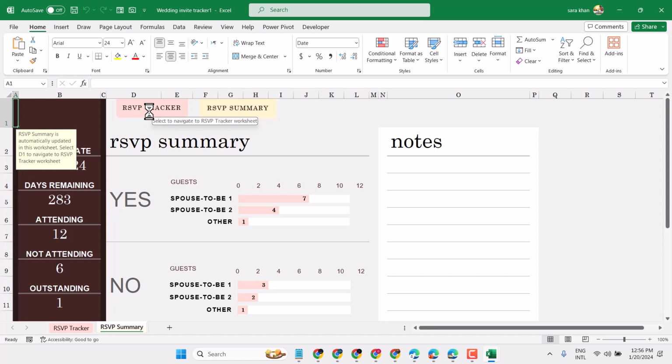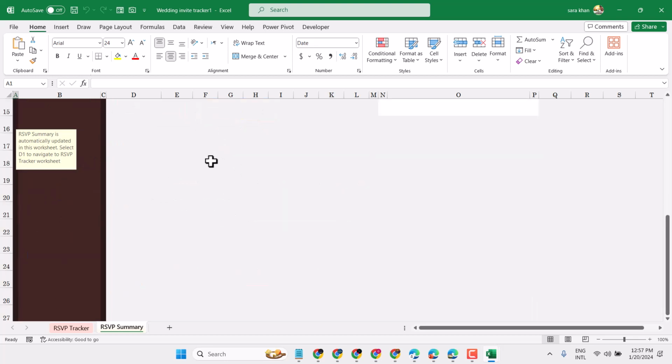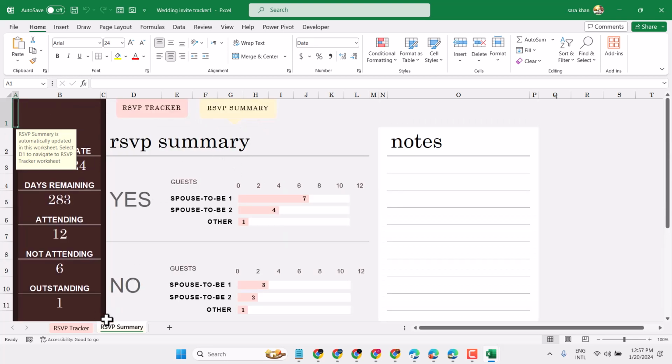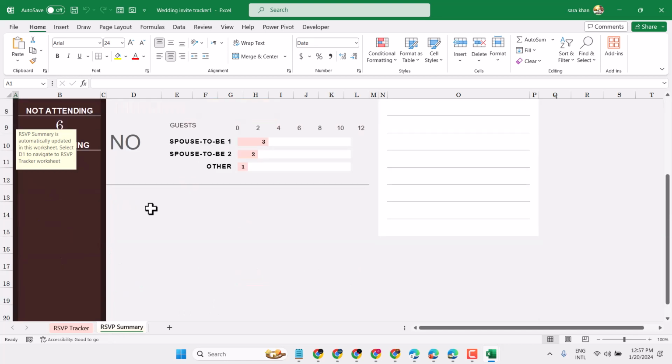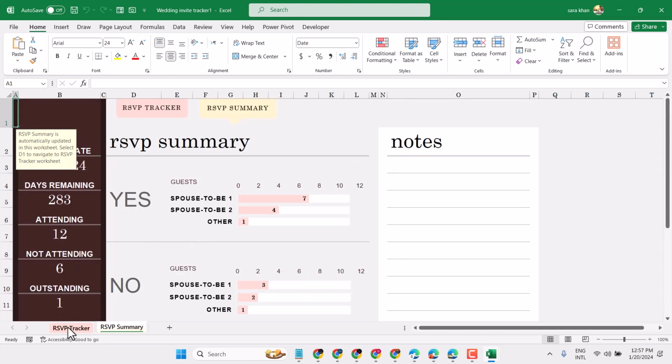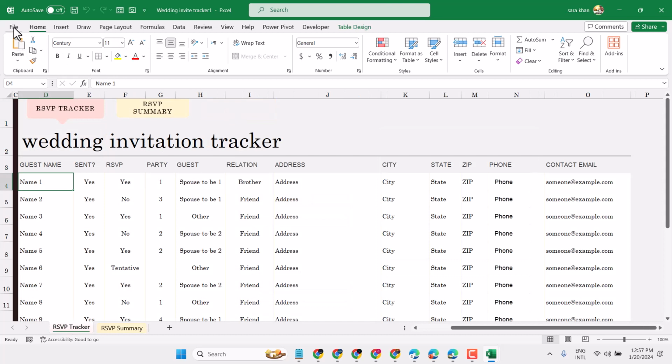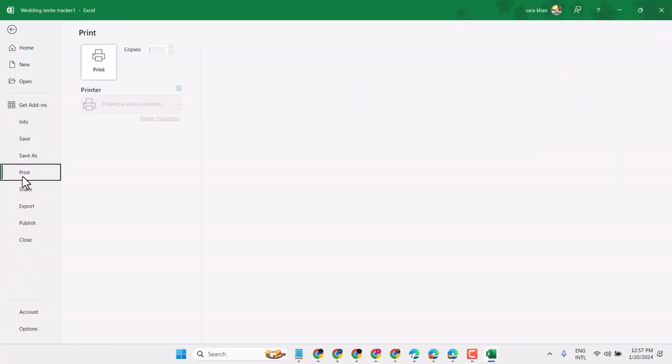So here are the two sheets, and make changes and modify this document as per your requirement. Also guys, you can change color, style, and complete data. And in the last, you can click on print,